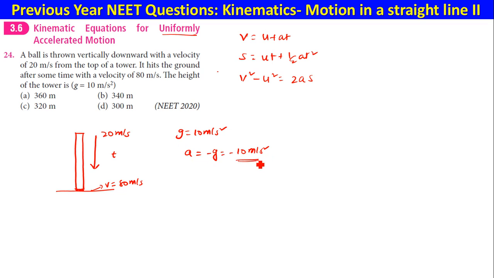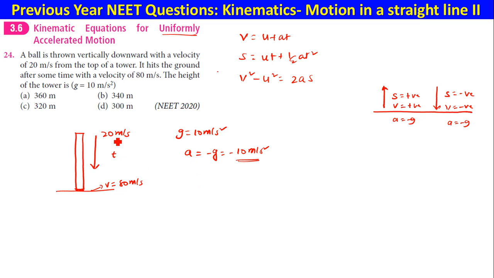In this kind of problems, motion under gravity problems, let me tell you one sign convention. Let us say a particle is going up, then you take displacement as positive, velocity as positive, but acceleration is always negative, doesn't matter whether it is going up or down. If a body is going down, then you can take s as negative and v as negative, but acceleration is always negative here also. This is the sign convention we need to follow for motion under gravity problems. Understand?